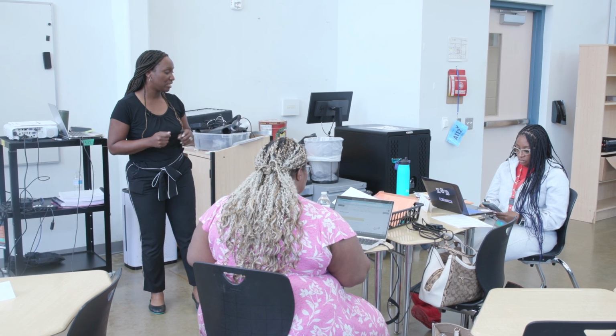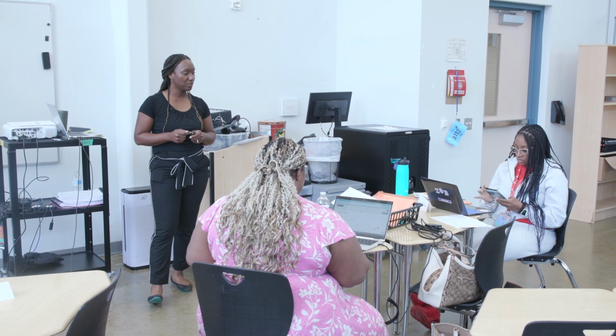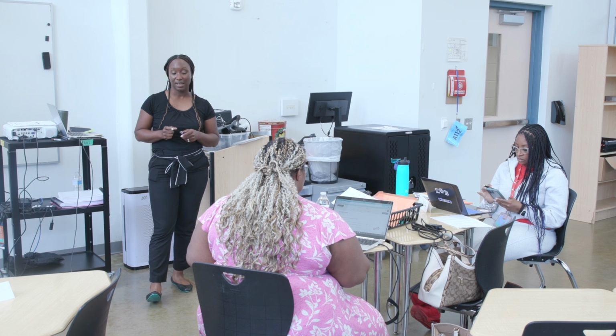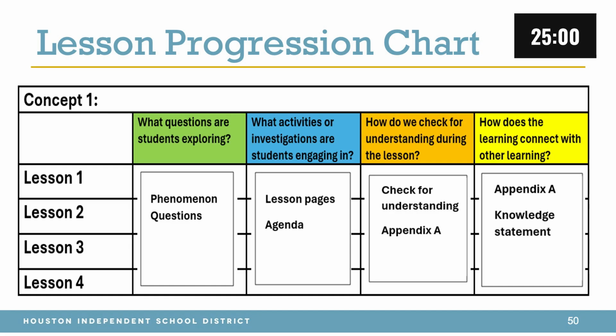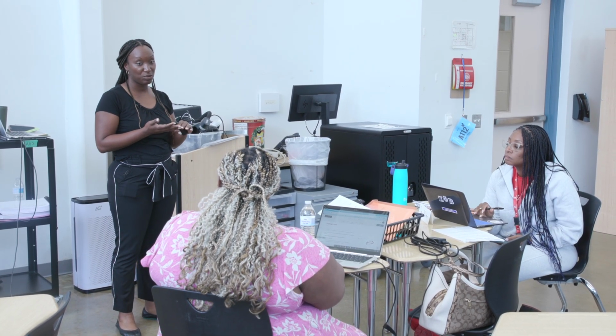So we will come back to this last question when we go into our Lead Forward field guides and internalizing different components within that, of how we can bring it into the internalization process. And ideally, we would want to do one of these for each of the lessons within concept one. But of course, it could be delivered in terms of bite size. So if I know that for week one, I'm only going to be focusing on lessons 1 and 2, or lessons 1, 2, and 3, then that would be something that I would just hone in on with my teachers